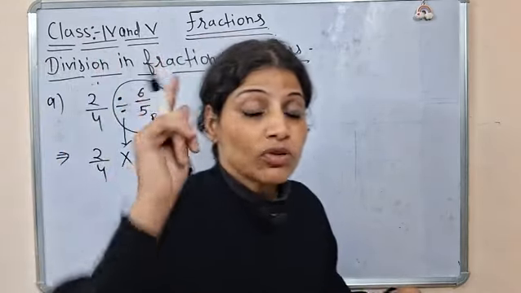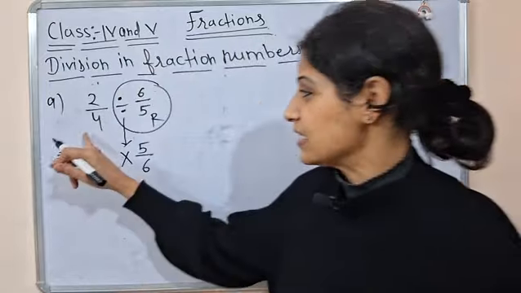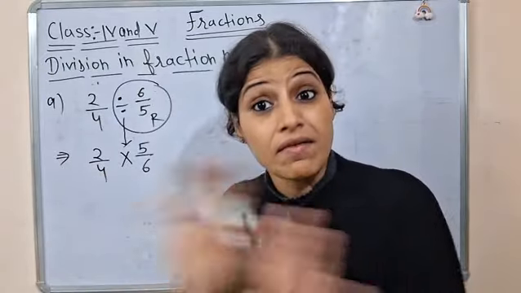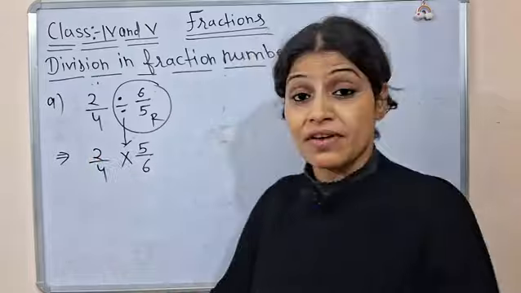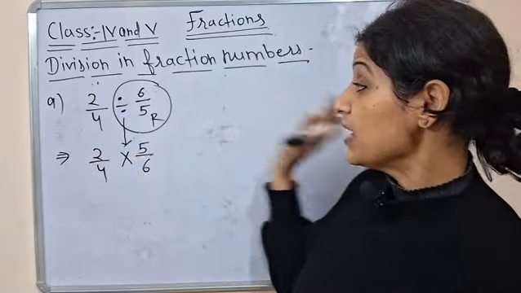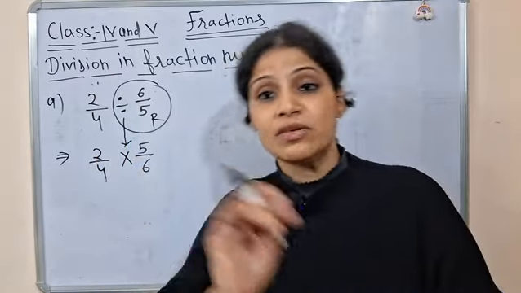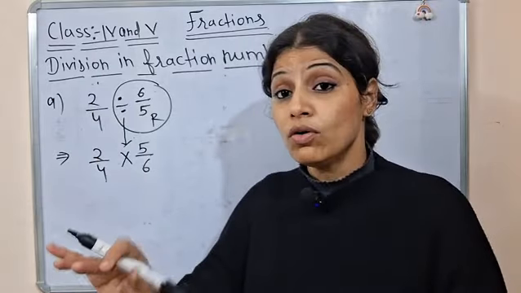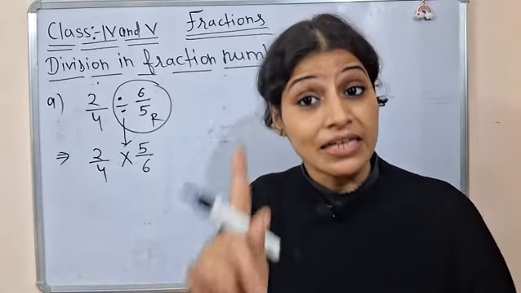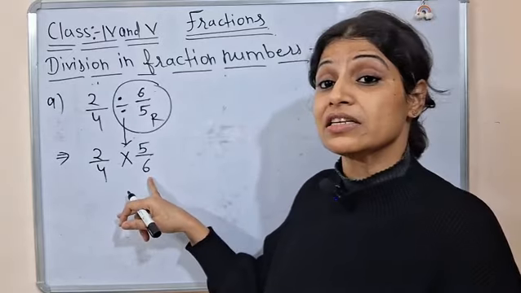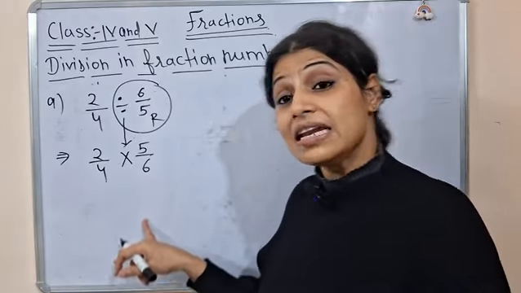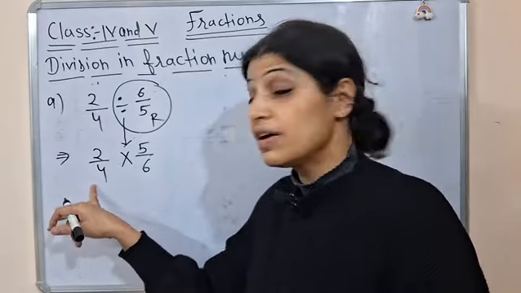अभी ऐसा कुछ कुछ आपको दिमाग में आ रहा होगा कि इसका भी reciprocal लिखना है क्या? Never ever. Do not touch this fraction number. Only the first right fraction will be the reciprocal. Second वाले को touch नहीं करना है. Please remember. Only the first fraction number will come in the reciprocal form. This one will not be touched at all. This and this. तो याद रखें, divide बन गया multiply and 6 upon 5 will become 5 upon 6.